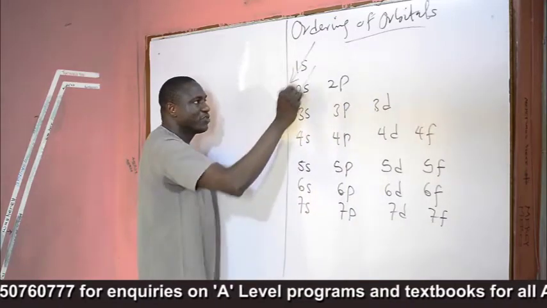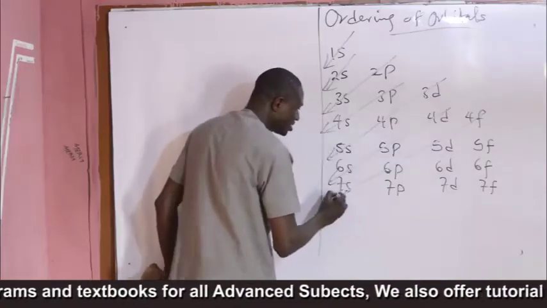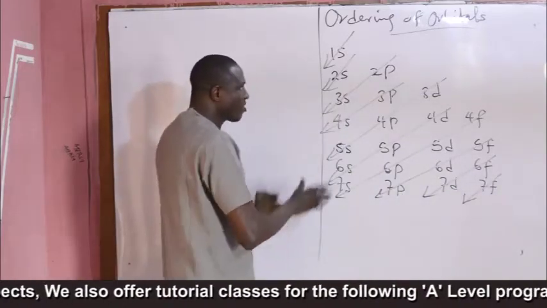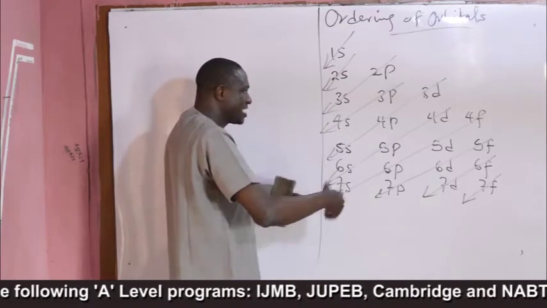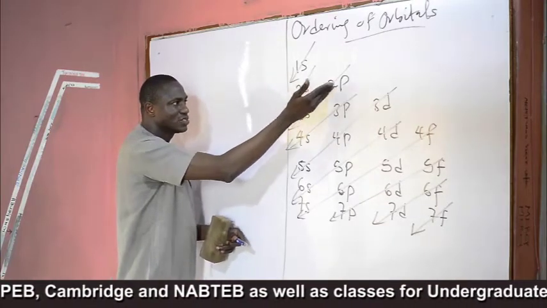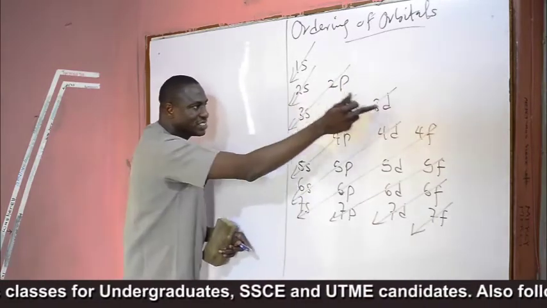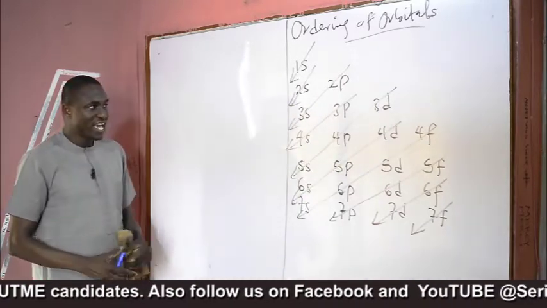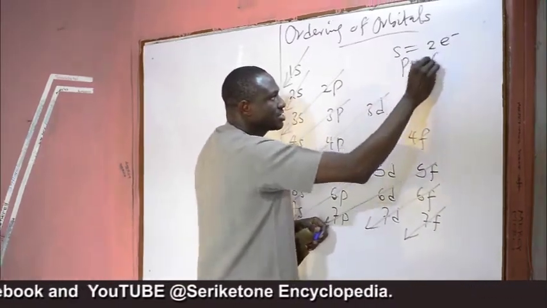When you are writing the electronic configuration, the ordering is as follows, whereby you start from the bottom of the arrow to the edge. According to Aufbau principle, this orbital has the lowest energy level, so you must start from this subshell. 1s, followed by 2s, 2p, the bottom of the next arrow, then 3s, 3p, 4s, 3d, 4p, 5s, 4d, 5p, 6s, in that order.